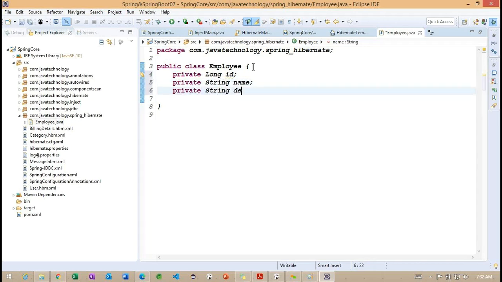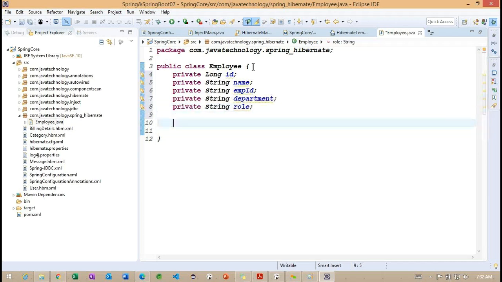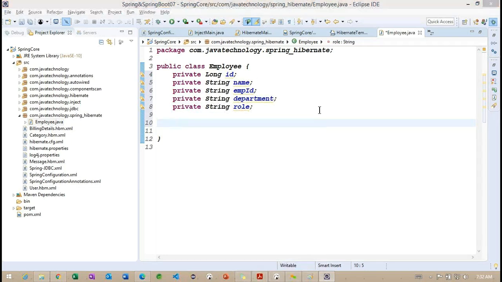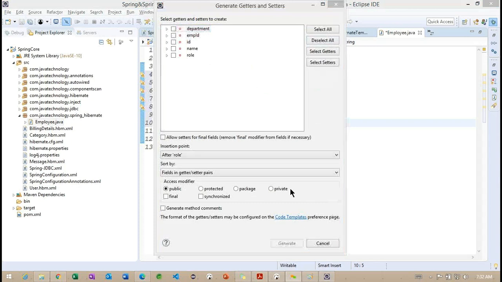I want to provide name of the employee, and employee ID, department, and role. Getting the point. So these are some properties we are going to work with here, and later